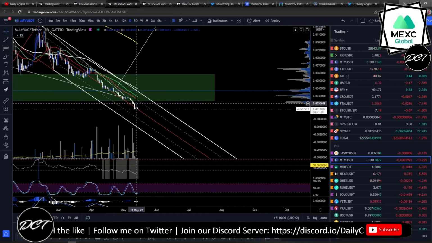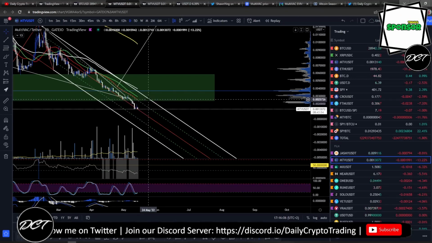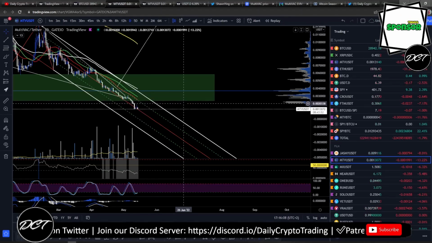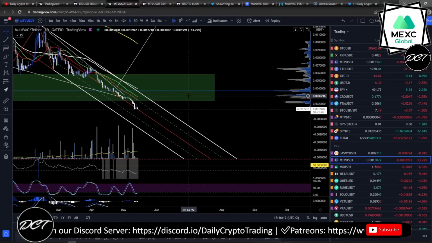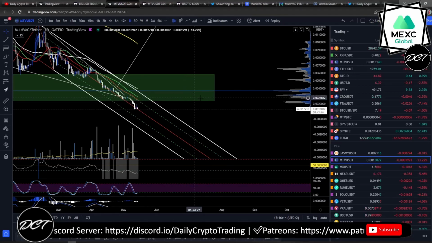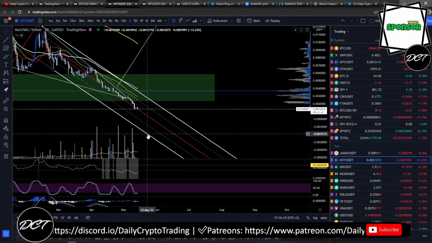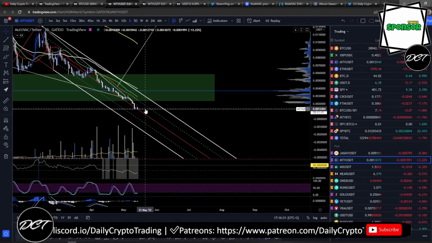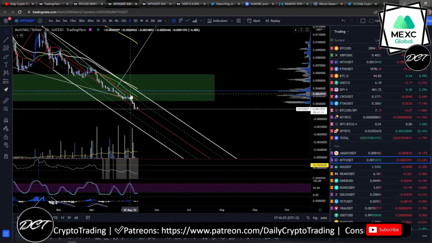If you look at the SMA, just check the SMA, we are below the SMA, all right? That means there will still be a lot of resistance. So we have a lot of resistance to overcome. We have resistance right at 0.0022 and at 0.003. There are big resistance areas, guys. I don't believe it will just go down to 0 unless the project gets abandoned, right? Then of course the project pretty much dies. But we are in a downtrend, guys.